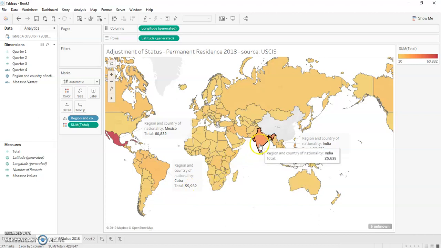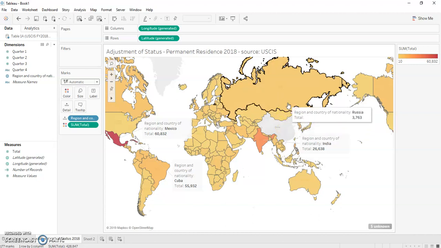And you see as the third, the runner-up country, so to speak, India, with 26,638 new permanent residents to the US. Quite interesting, there was nobody coming from China, and I can just not believe it. But let's just leave it as such. Quite interesting. And with that being said, you can also hover over all different other countries and see what the